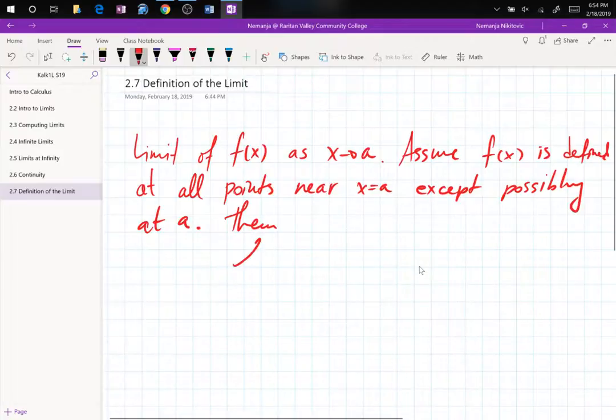Then limit as x goes to a of f of x is equal to L